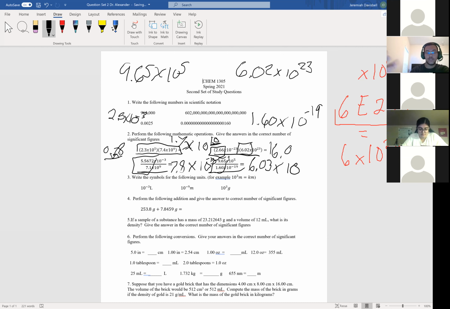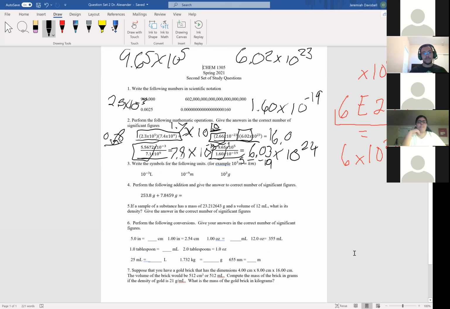24, right? Because 5 minus, because it's being divided, negative 19 is actually adding, which will give us 24. Any questions on scientific notation? Everyone's good on it? How come we didn't make it to the 25? Oh, because we didn't move the decimal. I see. Never mind.